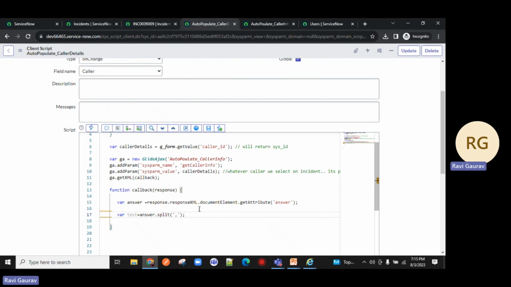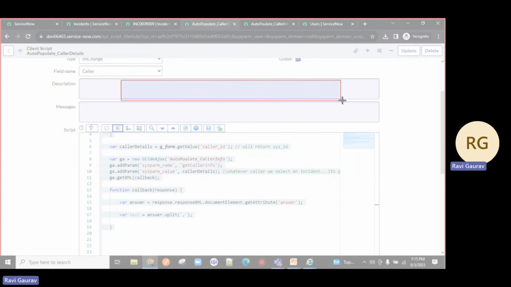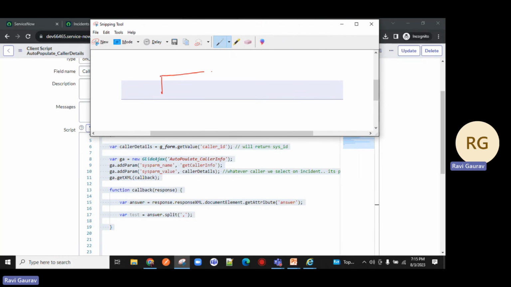So if I do this split, the answer will be split in the form of arrays. Array, you know that array. What is array? Let me show you. Let me just take the snipping tool. I'll take this. So what is array? So we have a